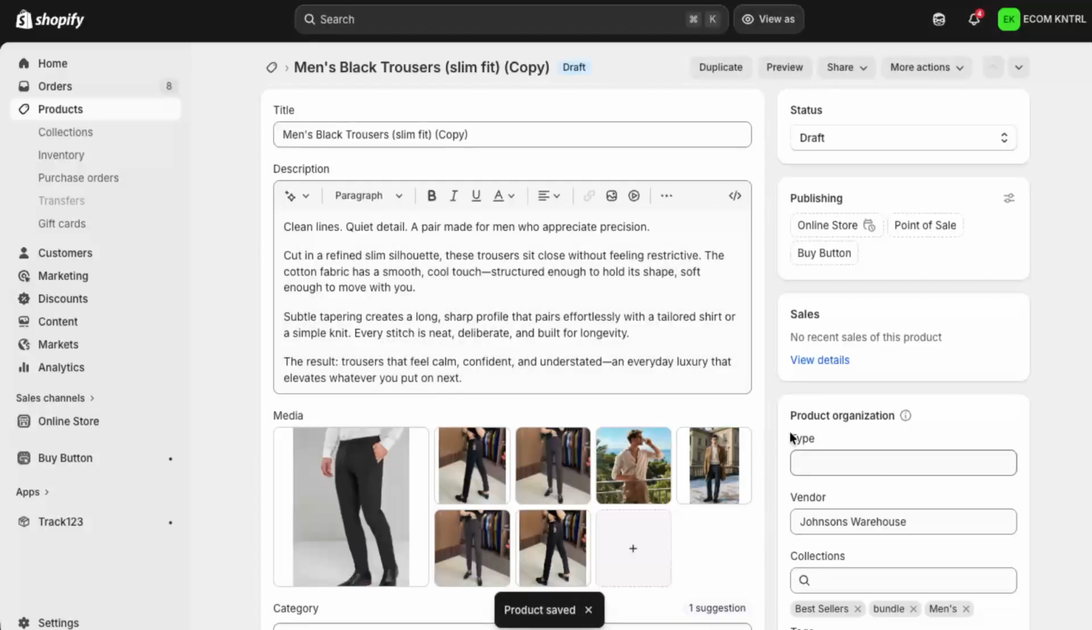This step is crucial. If you navigate away without saving, your new images won't be kept. Once it's saved, your bulk uploaded images are